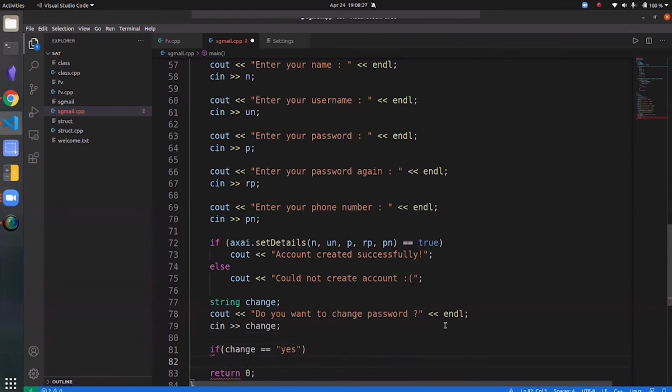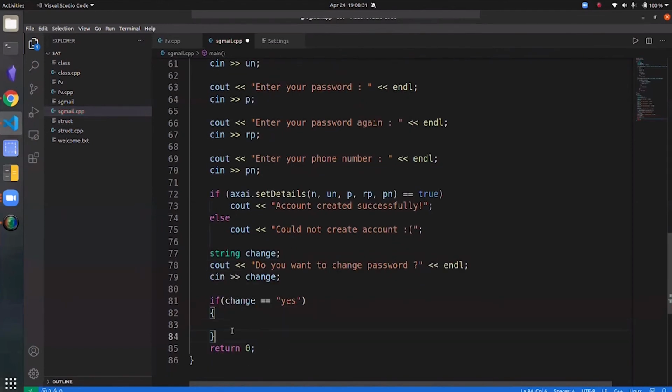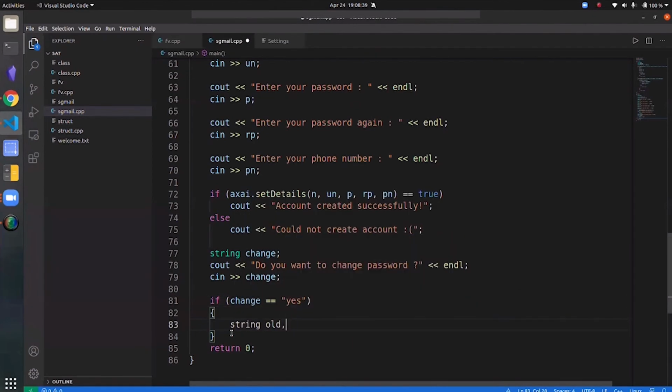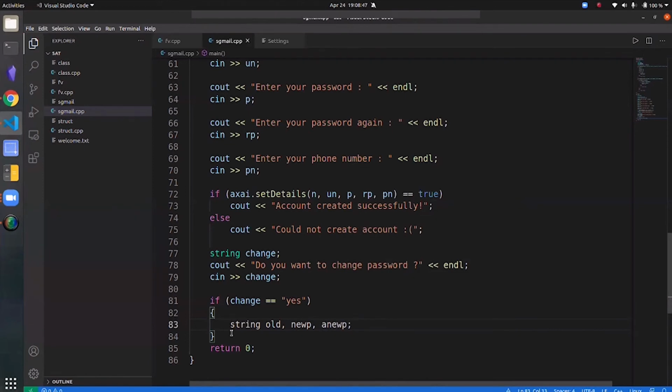let's say they do want to change their password, we need to do three things. And only if it's yes. So let me create three variables: old password, new password, and new password again. We need to ask them to enter their old password, right?